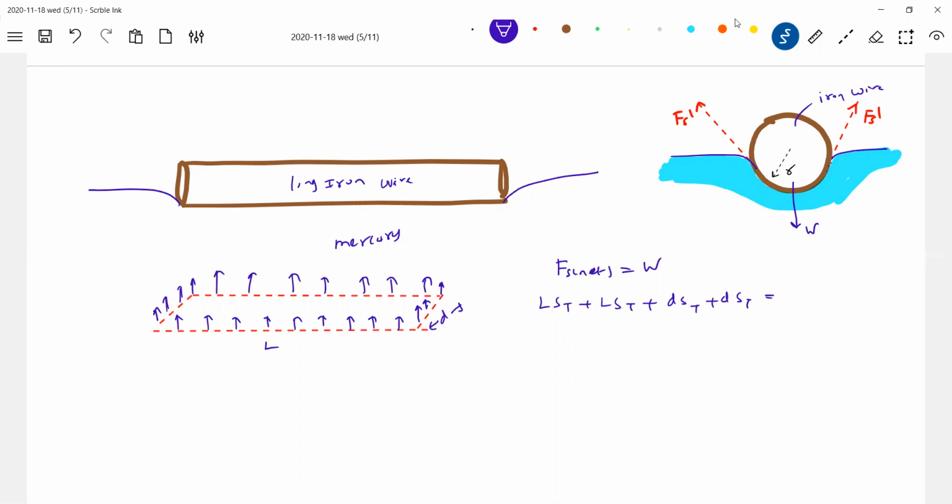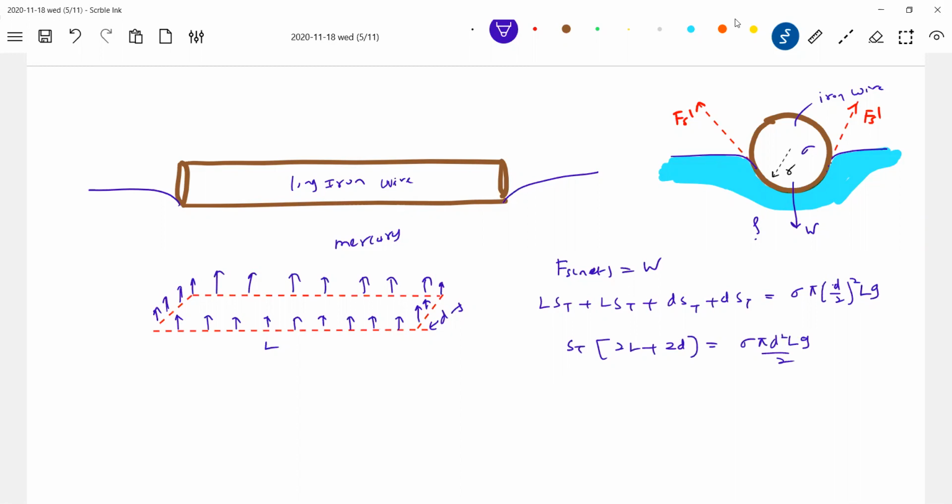is equal to, what is the volume of the cylinder? Sigma is the density of iron, and rho is the density of mercury. So here it is sigma pi, the radius will be d by 2, whole square, length L g. So this should be ST, I'll take it outside, 2L plus 2D equals sigma pi d square L by 4.